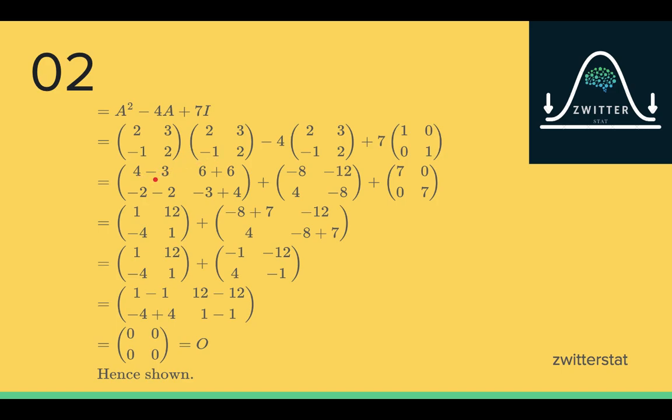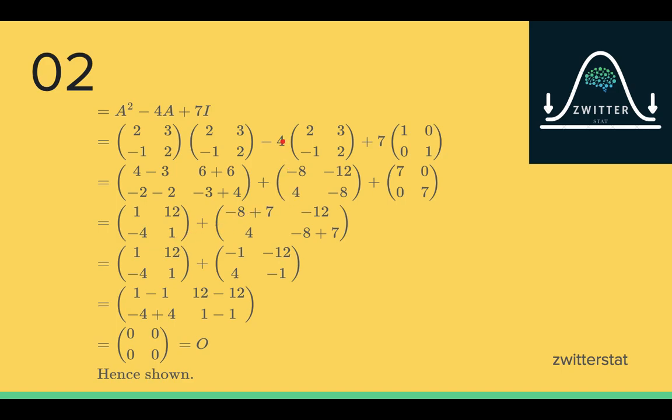So it gives you 4 minus 3. And similarly, we will do 2 times 3 plus 3 times 2, which is 6 plus 6. Then minus 1 times 2 plus 2 times minus 1, which is minus 2 minus 2. And then minus 1 times 3 plus 2 times 2, which is minus 3 plus 4. Right. So this gives me 1, 12, minus 4, 1,